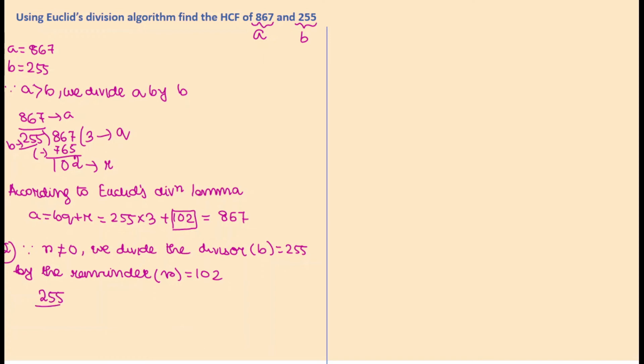255 by 102. So 255 by 102, 102 into 2 gives us 204. So 51. So over here Q is the quotient, R is the remainder and B is the latest divisor and A is the dividend, that is 255. So according to